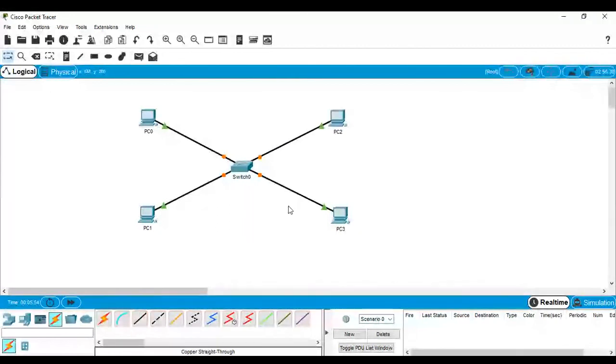So you can see here that these dots are red and orange, while this one is green. That means a connection has been established between the switch and PC0. It will take some time to establish the connection between the switch and the others.